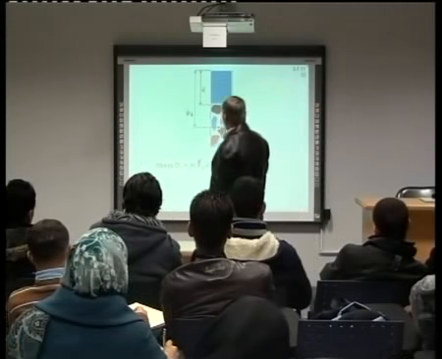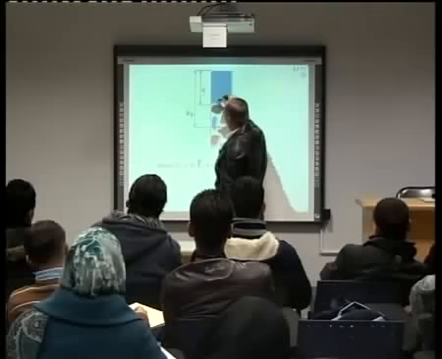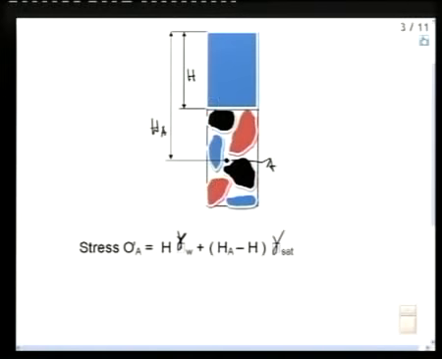So here, for example, in this case, the stress from water will be H multiplied by gamma water. Then the stress of this soil will be the height of this soil, which is HA minus H multiplied by gamma saturated, because water cannot go above unless it is filling all the voids down, right? So it should be gamma saturated. So I end up with this equation. Stress equals H multiplied by gamma water plus HA minus H multiplied by gamma saturated. Okay? Now,